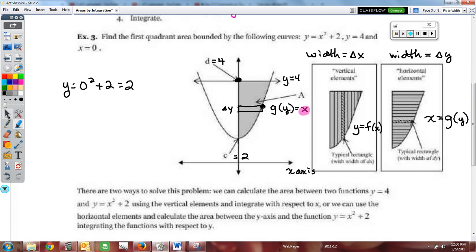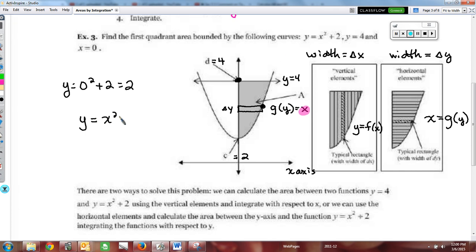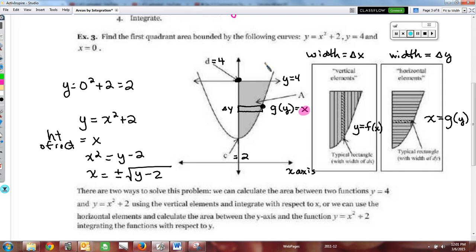So what we're working with here, we need to take our y equal to x squared plus 2 and recognize that the height of our rectangle is now x. So I have to solve this for x. So it's going to become x squared equals y minus 2. So x equals plus or minus the square root of y minus 2. But now remember, why do I have two of these? Because one is going to be this side,